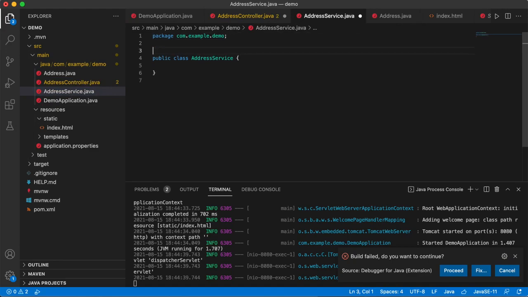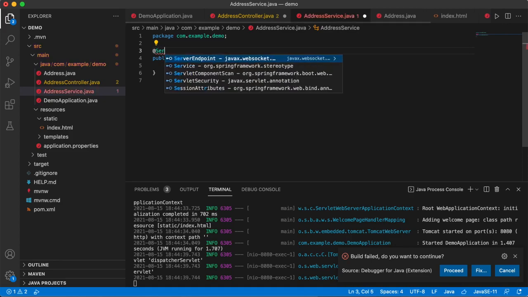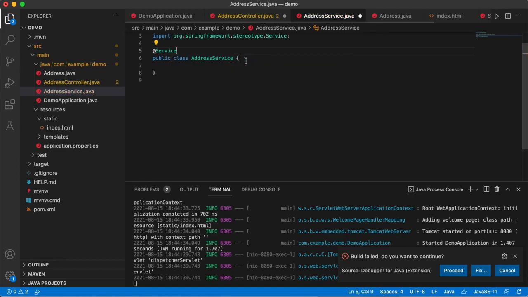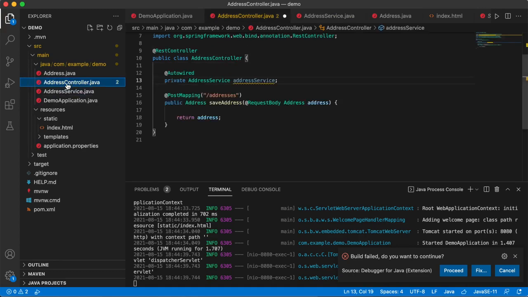All right, and now this is a service. Okay, Spring Service, you can see that, org.springframework.stereotype, I think is what it says there. So now this is a service, and it's an empty service right now because we're going to let the work drive what we're doing. So we'll go back to our controller, and now we've got an address service,